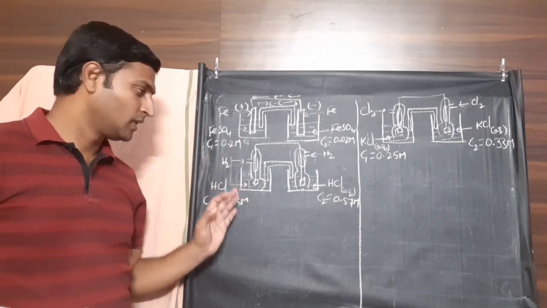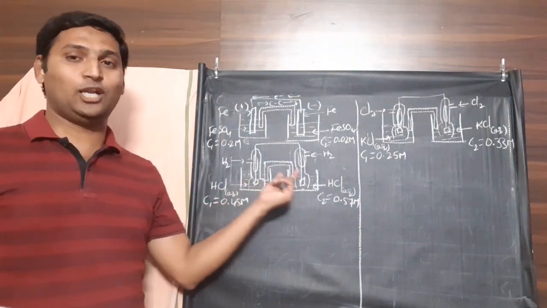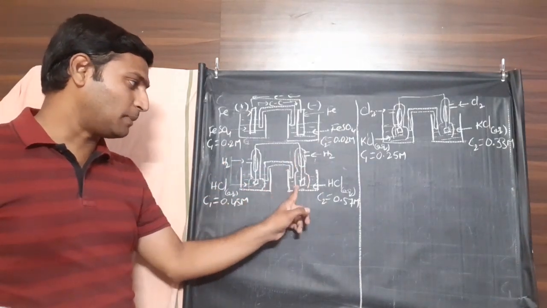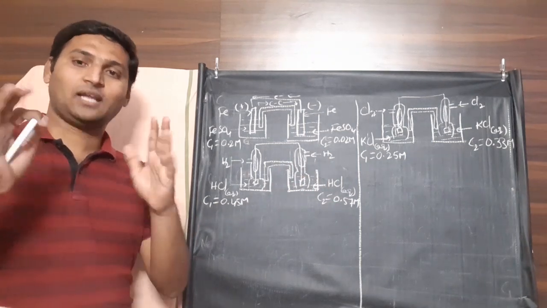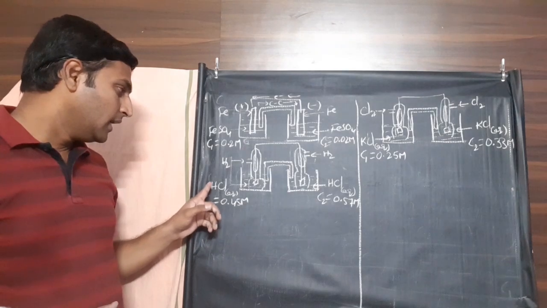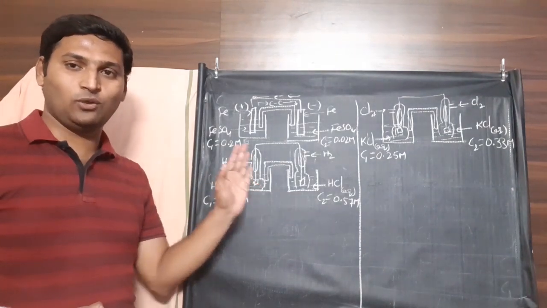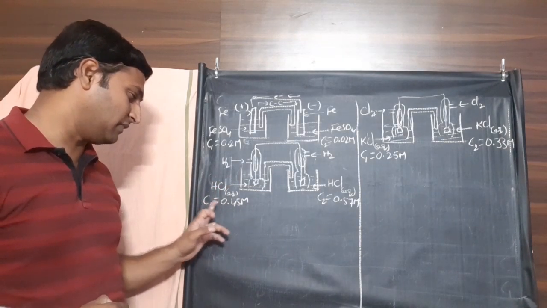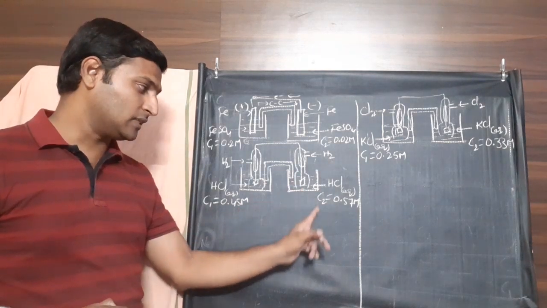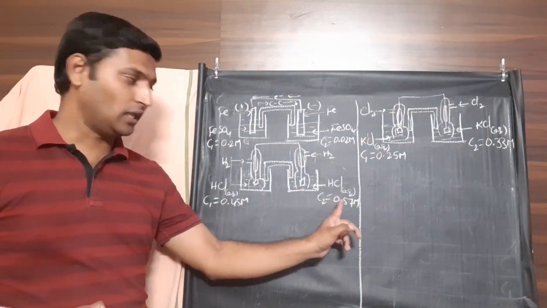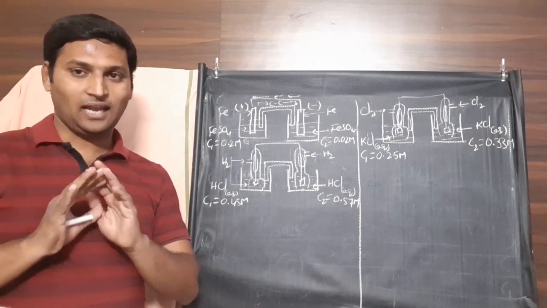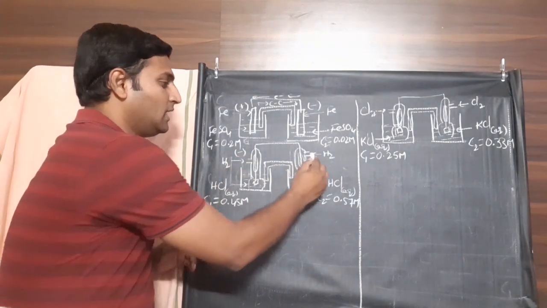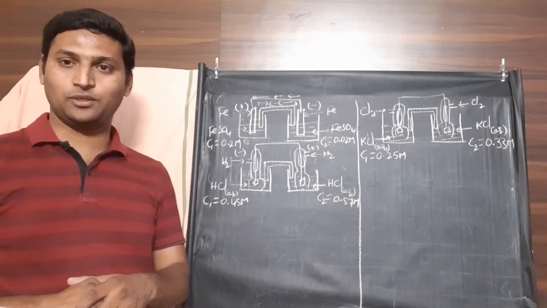Example number 2. Both sides I have used hydrogen electrode. Hydrogen gas passed into a solution of HCl. Again, the question to you is, which electrode will be cathode, which electrode will be anode, given that in the left half vessel the concentration of solution C1 is 0.45 molar. The right half vessel concentration of solution C2 is 0.57 molar. Again, we are not spending much time on this. The one with lower concentration must be anode. The one with higher concentration must be cathode.